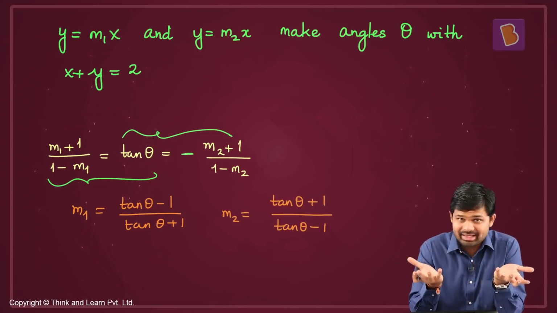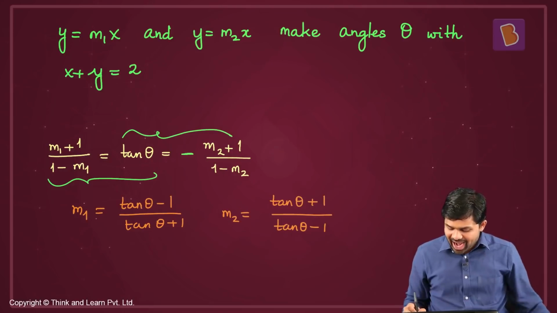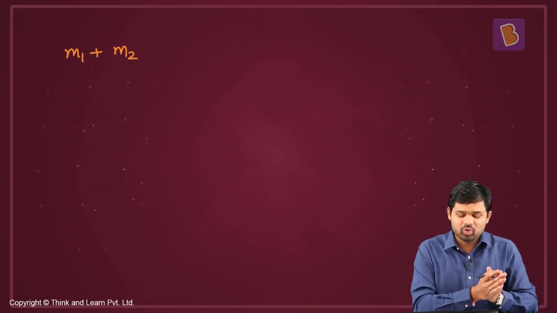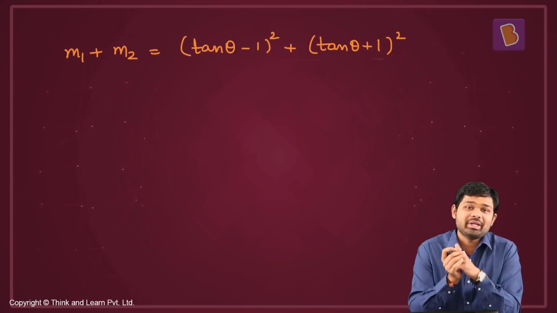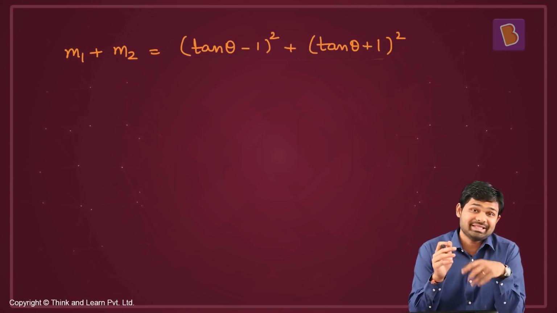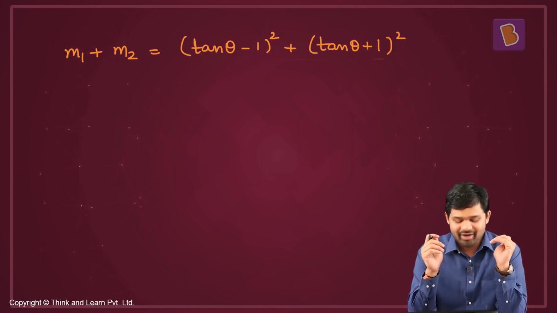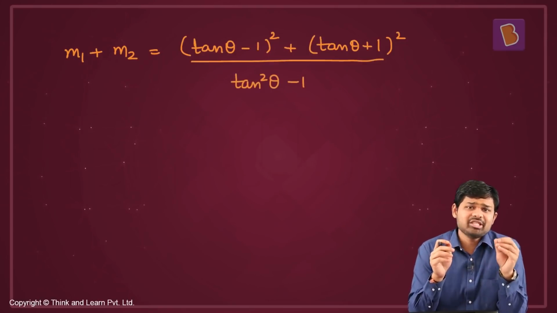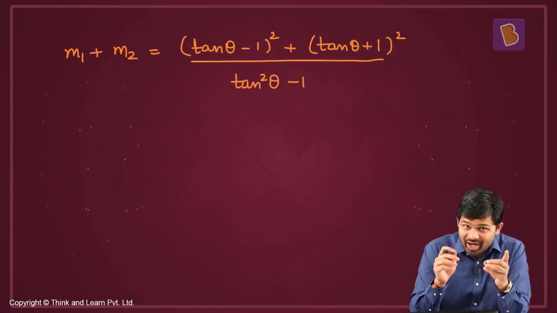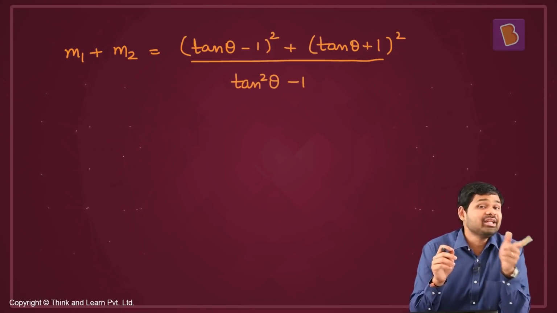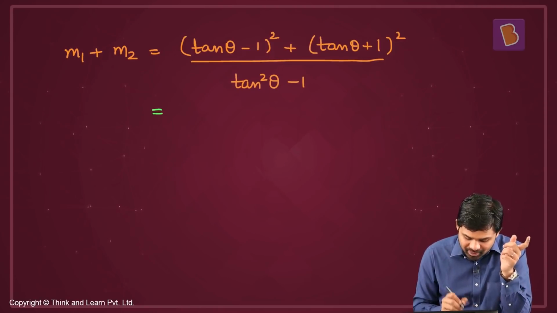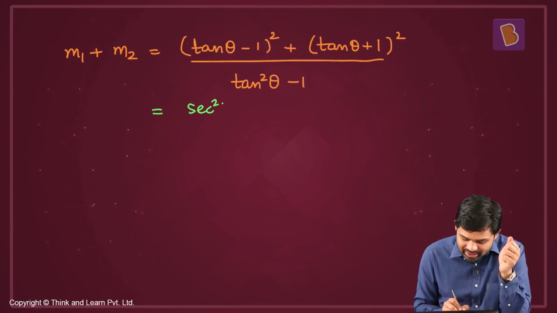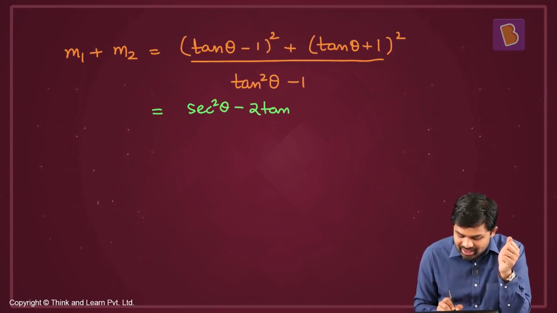You might as well multiply them. I'm going to add these two. So if I add these two, I get m1 plus m2 equal to, taking common denominators, tan theta minus 1 the whole square plus tan theta plus 1 the whole square divided by tan square theta minus 1. Now tan theta minus 1 the whole square is tan square theta plus 1, which is secant square theta, minus 2 tan theta. So this first part is going to be secant square theta minus 2 tan theta,